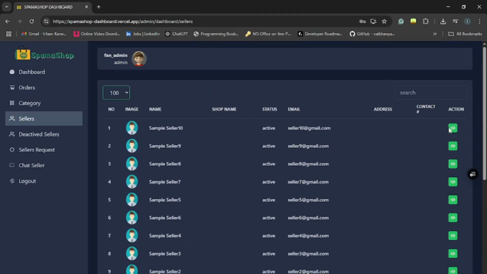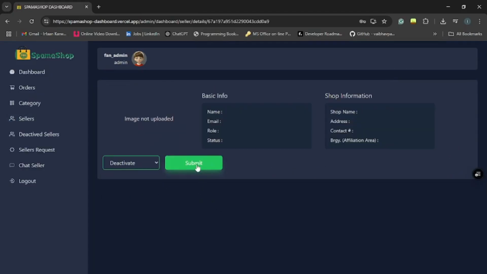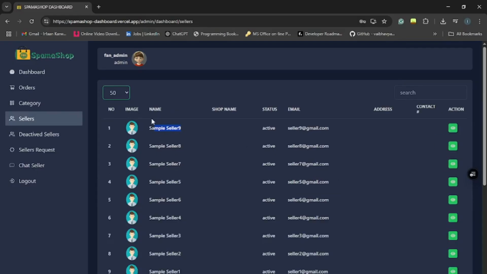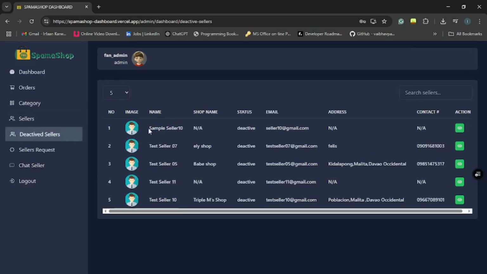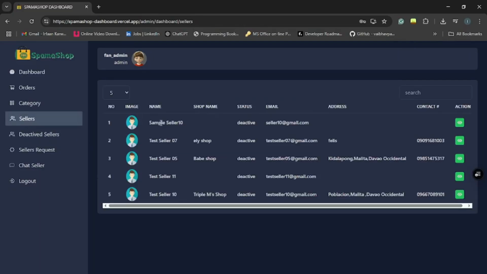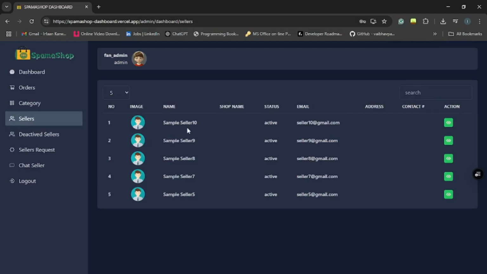Okay, let's try sample seller 10. Let's deactivate the seller. Okay, so I deactivated sample seller 10. So as you can see, we cannot see him or her in the sellers section anymore. Why? Because he or she is in the deactivated sellers. Now if sample seller 10 appeals, we can then activate him again, and then we can see him in the seller section. So basically that's the power of the admin in terms of authorization purposes in the sellers